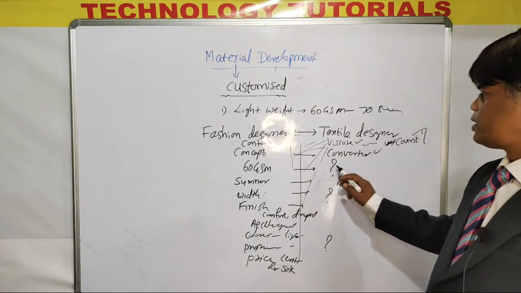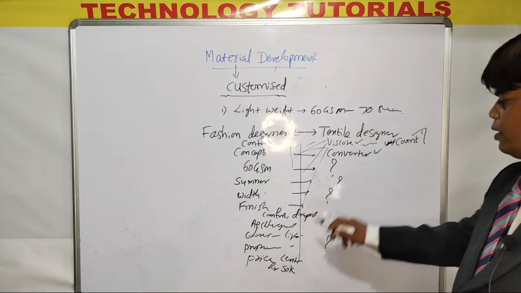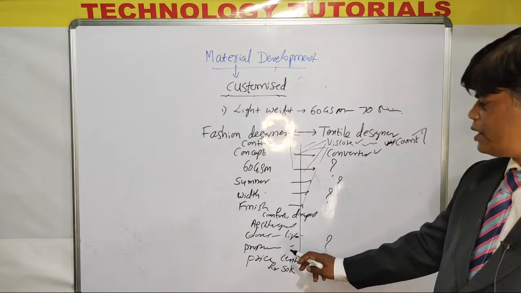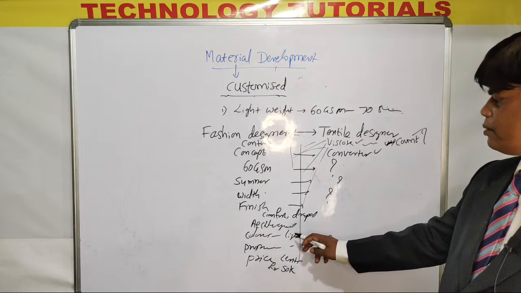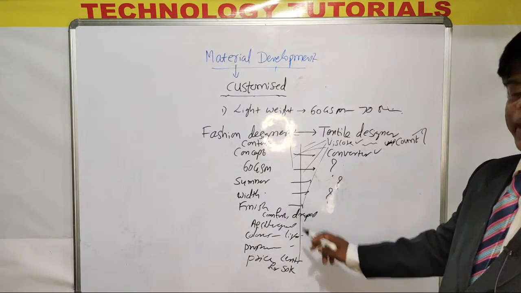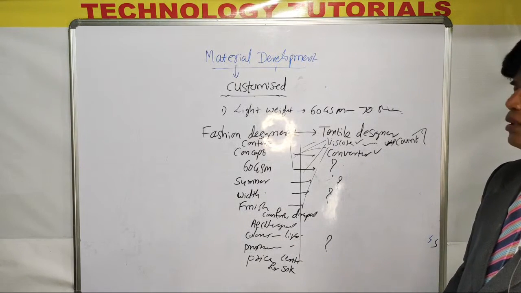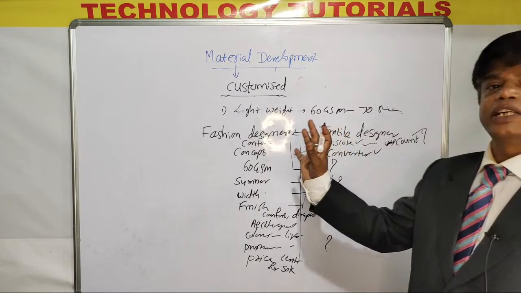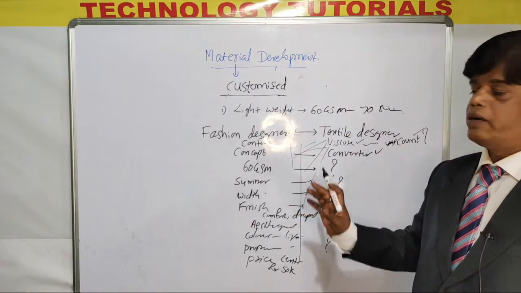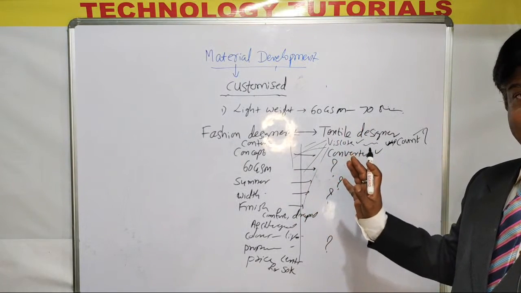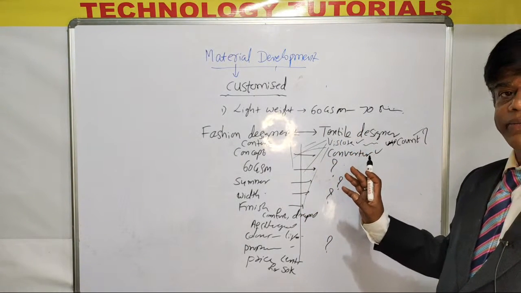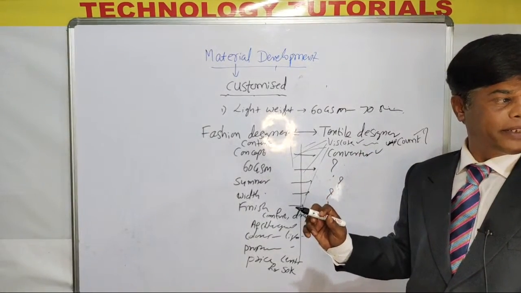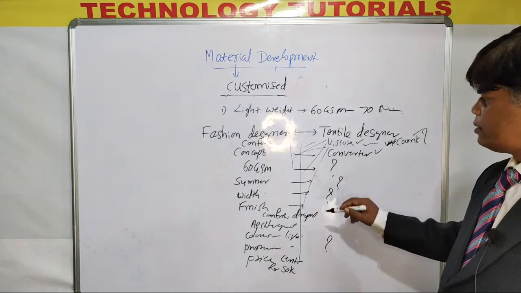Next, 60 GSM. Whether 60 GSM can work out to pass the testing parameters, to give drapability, to give comfort, compactness, what the ends per inch and picks per inch should be. What should the constructions be? What is the type of construction? Whether compact construction is required or loose construction is required. What is the density of the yarns to be placed? These are the questions he has to think about.